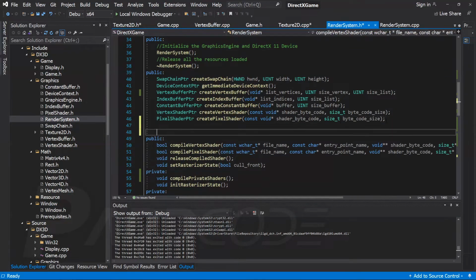So far so good, we can finally go to the render system class, and here we can start to add